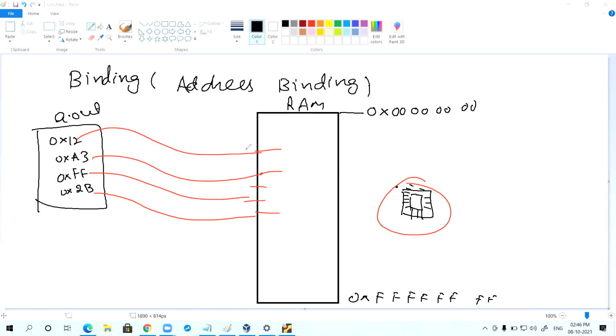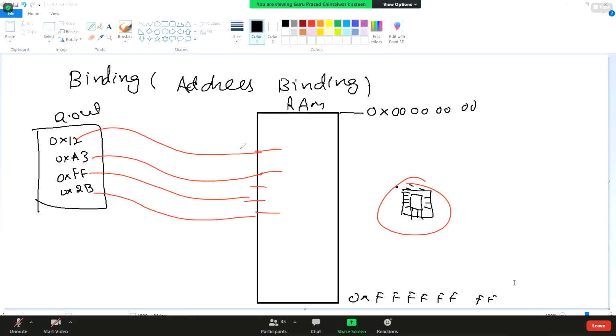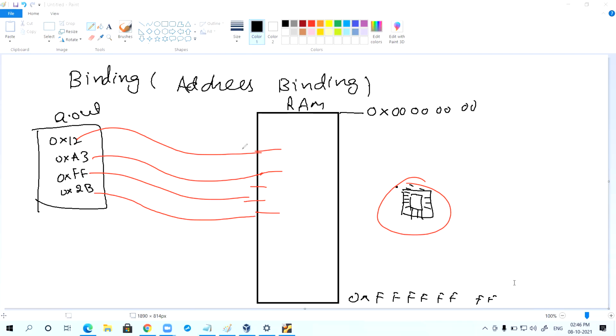So these opcodes need to sit in one particular location in the RAM, and the CPU needs to fetch and execute them.